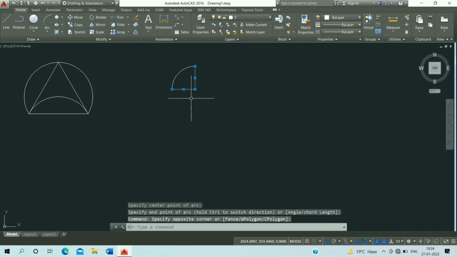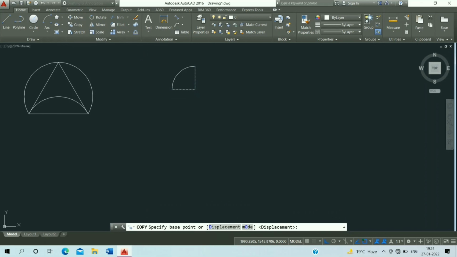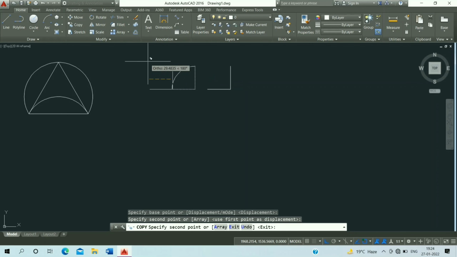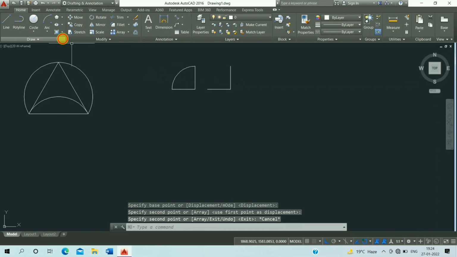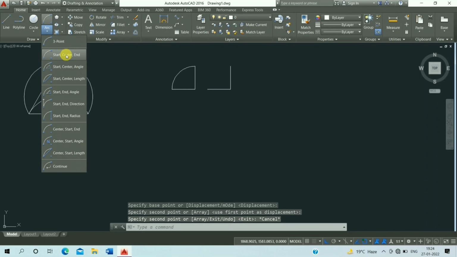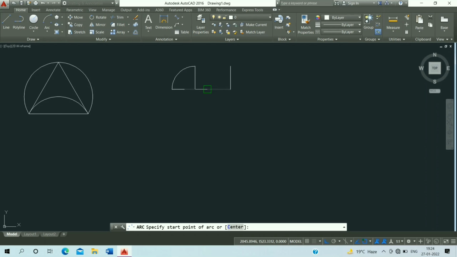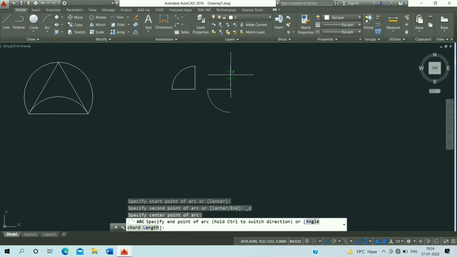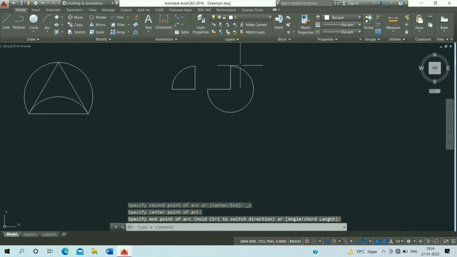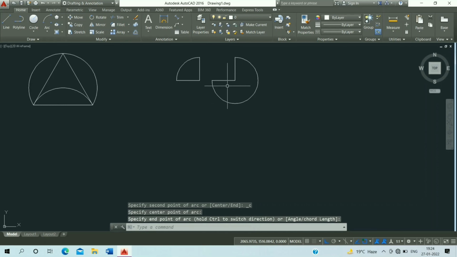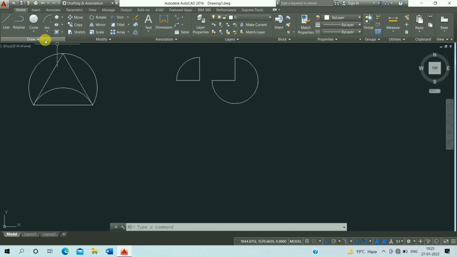Then select, click on copy command and escape it. Repeat this process. Click on first point, second point and third point. Then you will see these types of arc. Next,